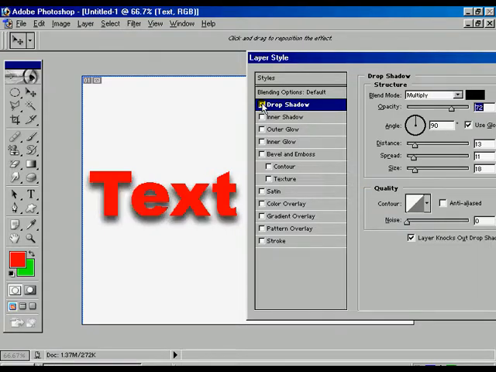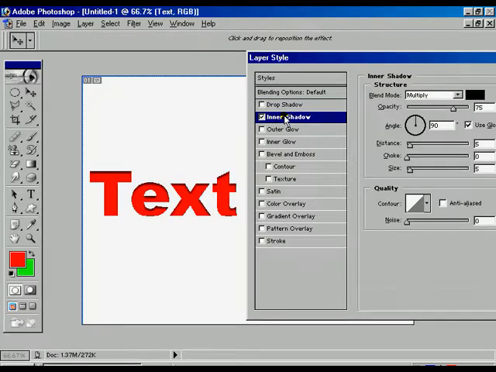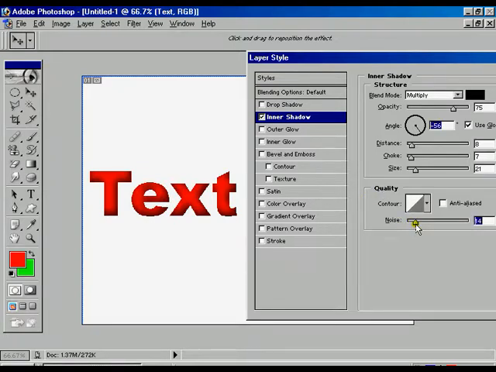Now we are going to turn off that drop shadow and take another new effect, which is called the inner shadow. This is also the same. Choke, we can change it. Size also we can change according to our wish. Distance also we can change, the angle, the opacity, and the style of the inner shadow. Now we can change the noise, where the dotted spots show over the text.